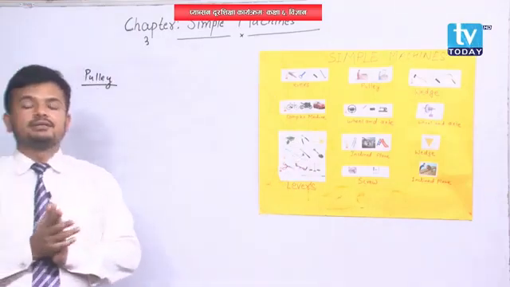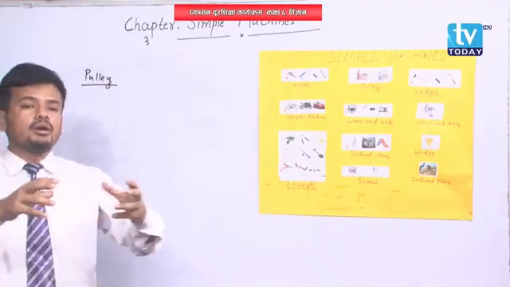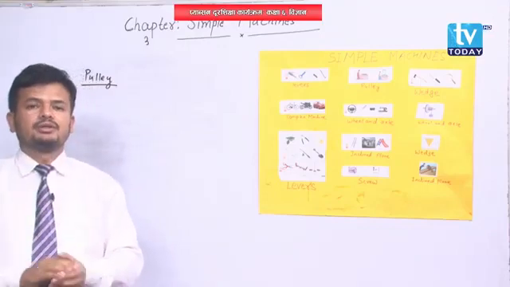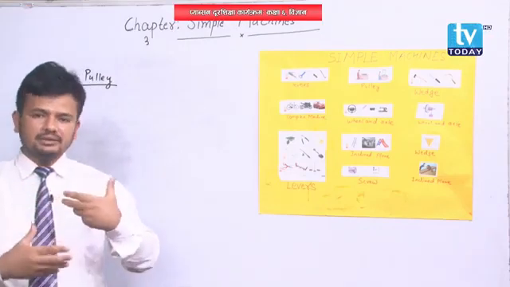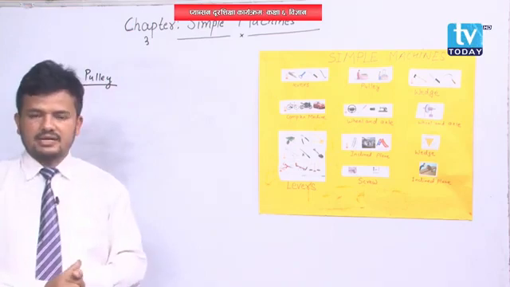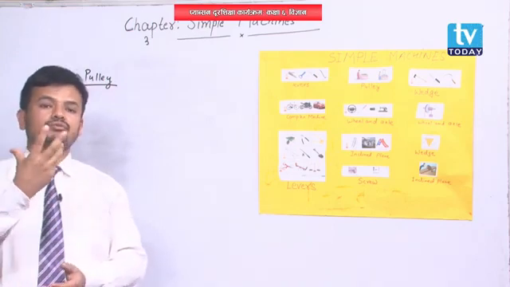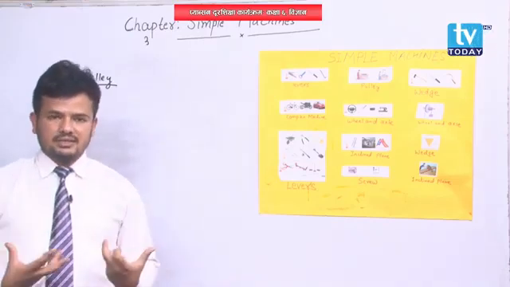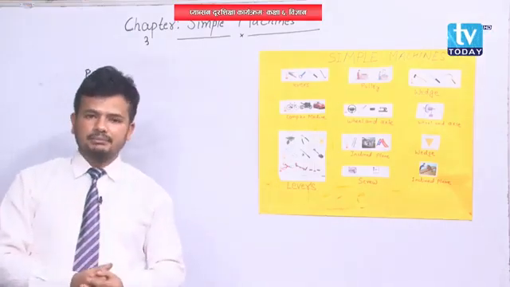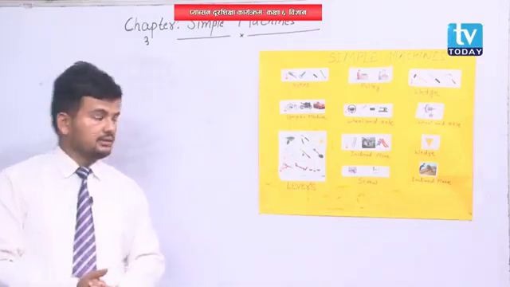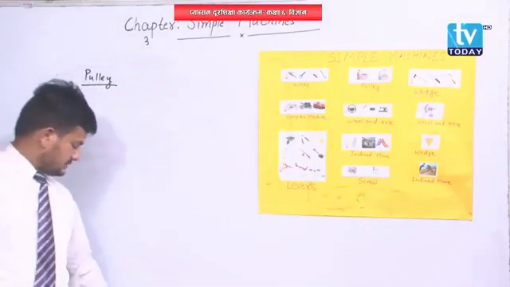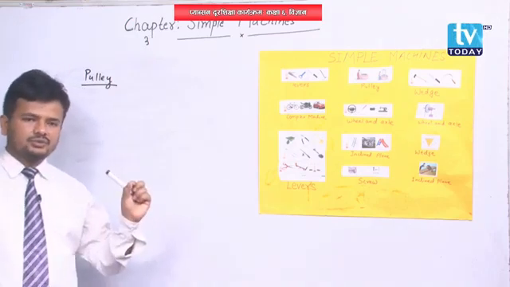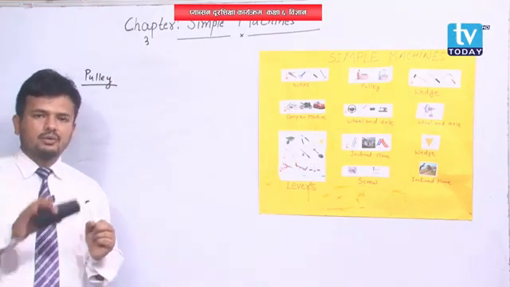You might have seen the pulley, the more number of wheels you use, the effort will be multiplied to a greater extent. Understand that. If you use 2, 3, 4, 5 pulleys, combined pulleys, the work will be easier. The force can be multiplied to a greater extent. So what is the use of pulley? It is usually used to draw the water from the well.